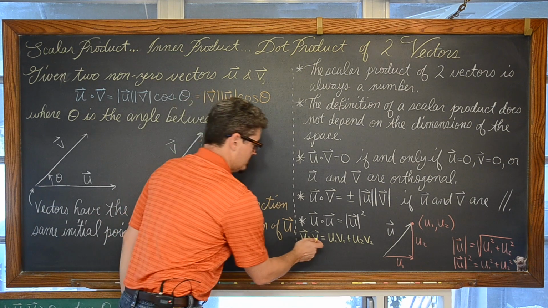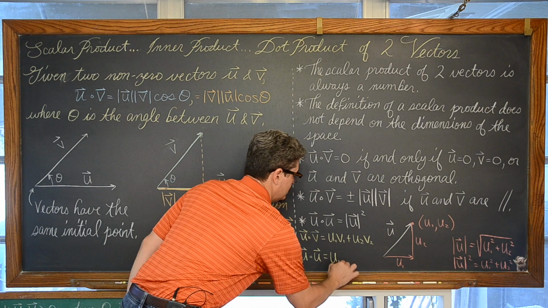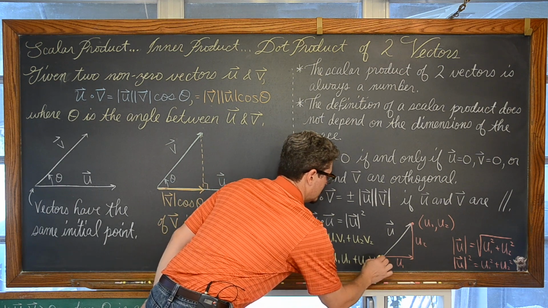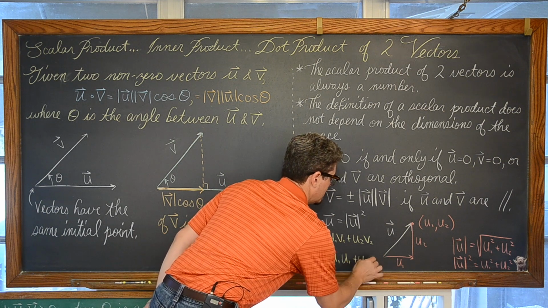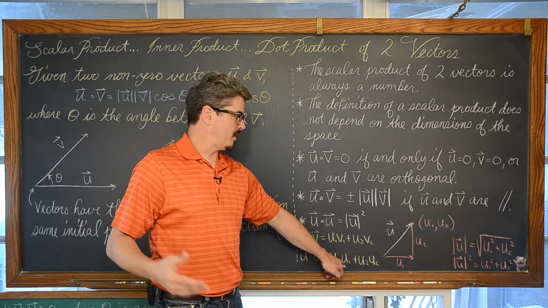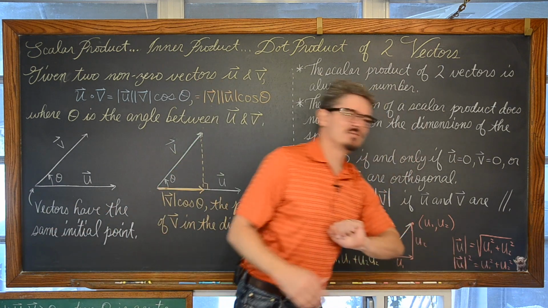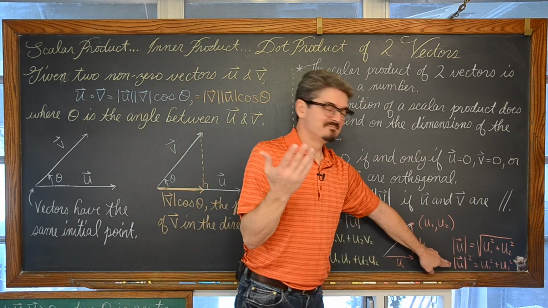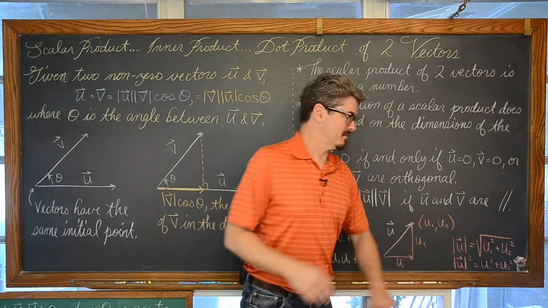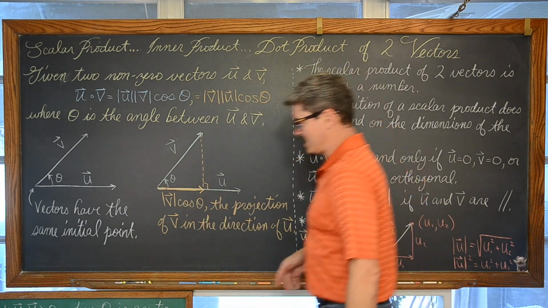And if you're just simply dot producting a vector with itself, well, then it's u sub 1 times u sub 1 plus u sub 2, not v, u sub 2 again. Well, u sub 1 times u sub 1 is u sub 1 squared, and u sub 2 times u sub 2 is u sub 2 squared, which is the length of the third side of your triangle. It's just the Pythagorean theorem, the length of your hypotenuse squared. And length in vector format is described with this magnitude notation.